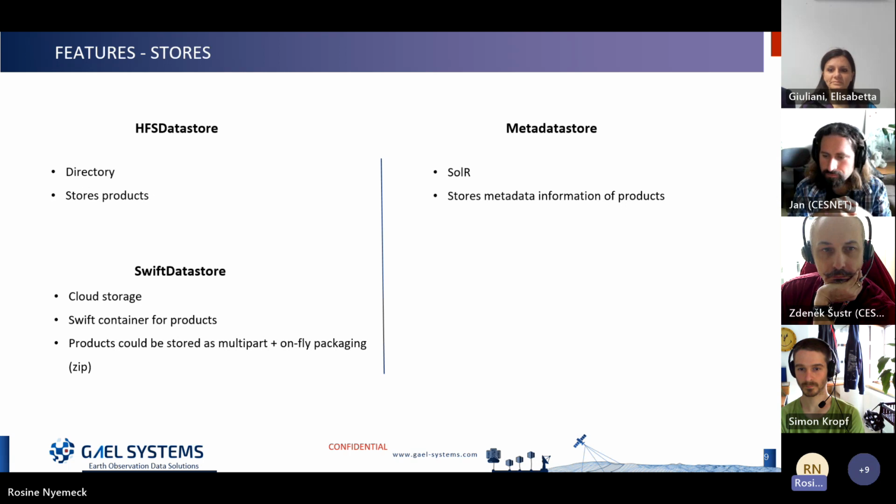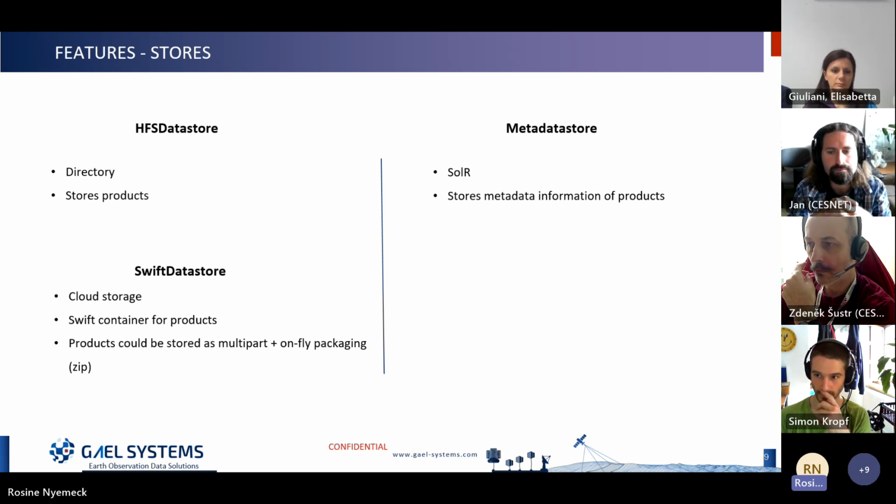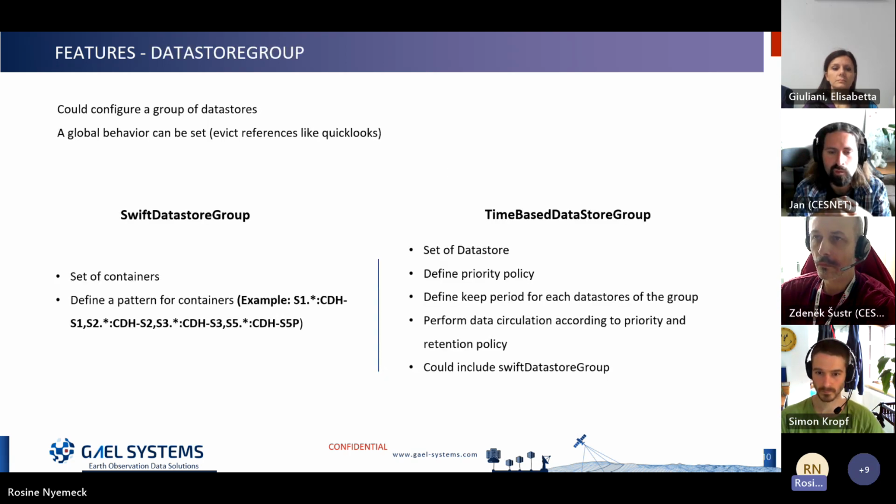These are the Swift data stores, and the products are put into containers, a specific container that we define. And we can have also a packaging of products. It is a zip. The metadata store in our case is Solr, to store metadata information,